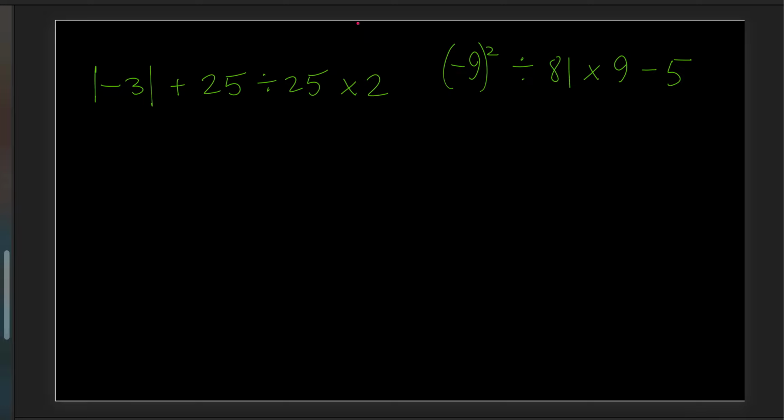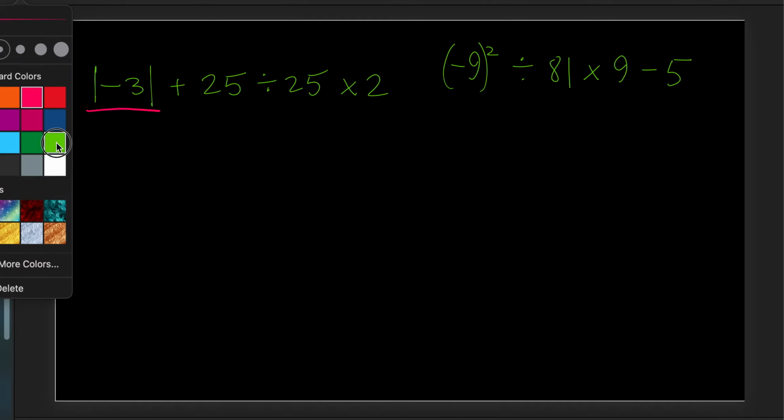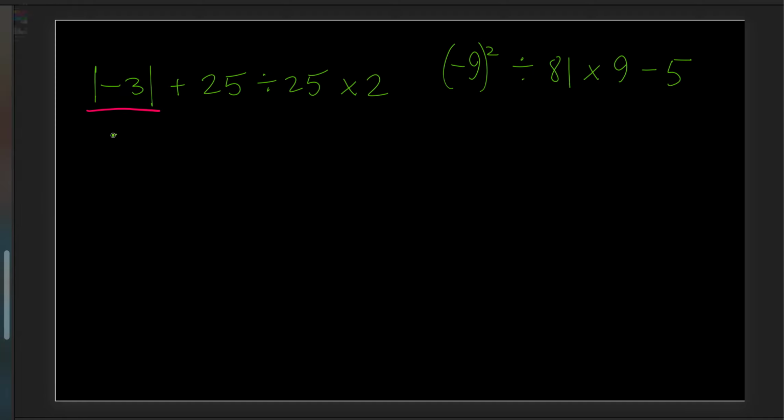So parentheses first, and absolute value signs are like parentheses. So we're going to do this first. We're going to evaluate the absolute value of negative 3 first. And we're going to write down what that looks like. So the absolute value of negative 3 is 3. And then we write down